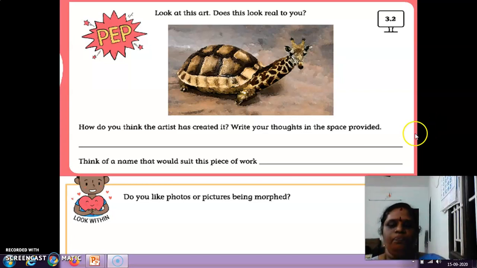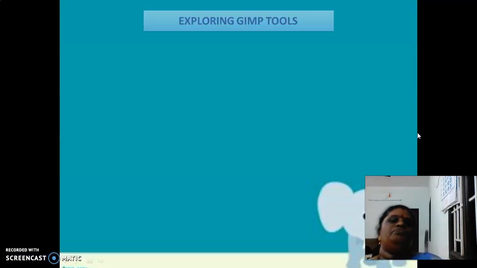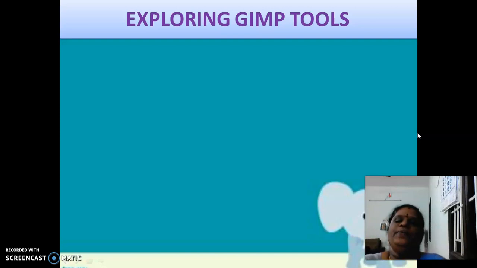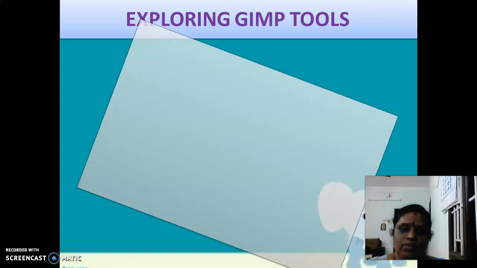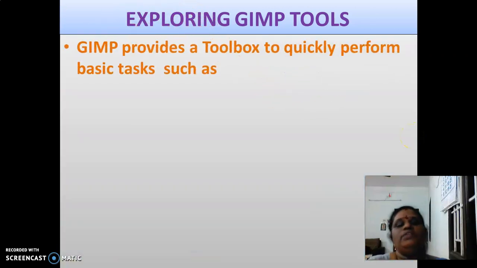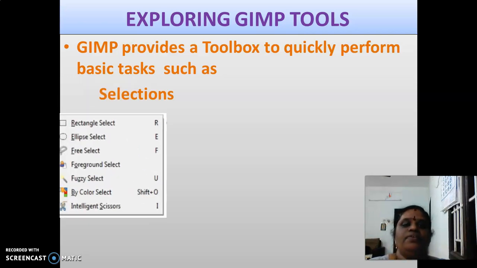Okay. The next one, we are getting into the theory part of your chapter 3, exploring the XIMP tools. So XIMP provides a toolbox to quickly perform basic tasks such as selections, drawings.